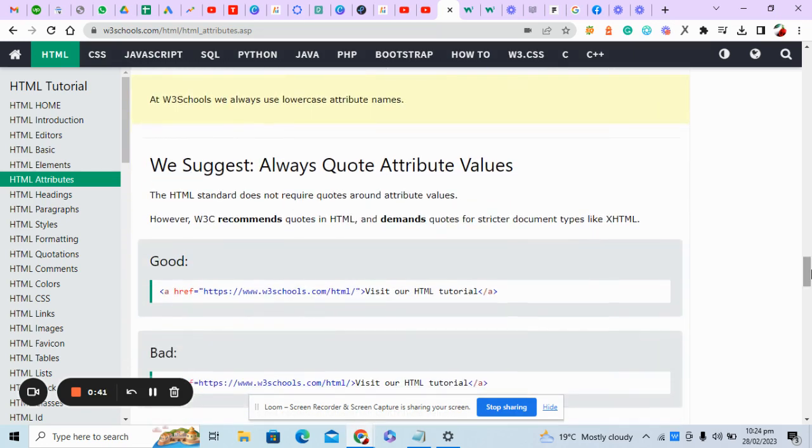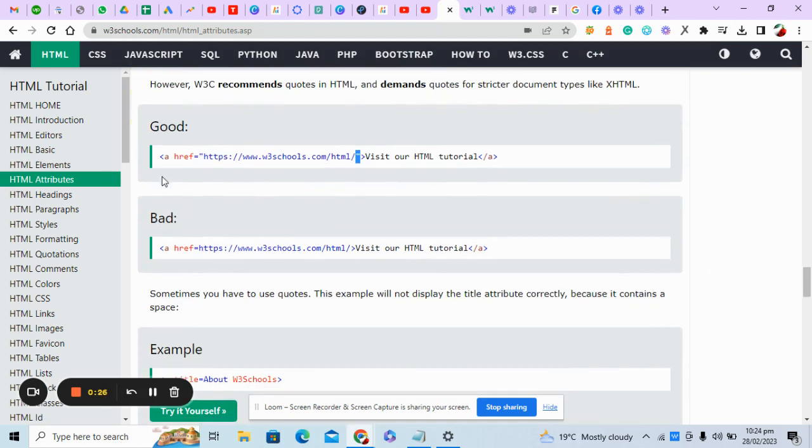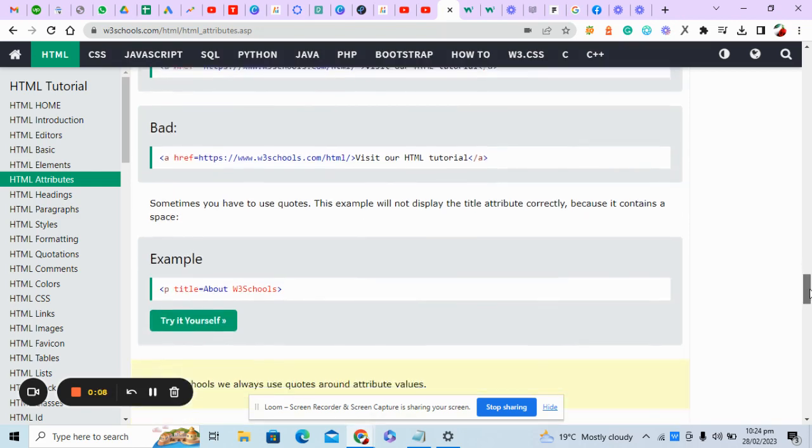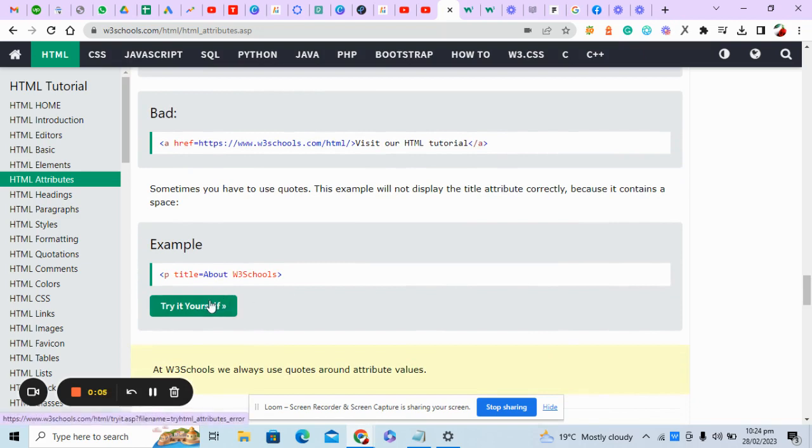We suggest always quoting attribute values. Yes, that's the most important thing. The value of any attribute should be inside quotation marks. It is compulsory. So here is the example. This is the proper structure to define any attribute inside quotation marks. If you do not mention them, that's a bad practice. So the same thing, it will not show you the